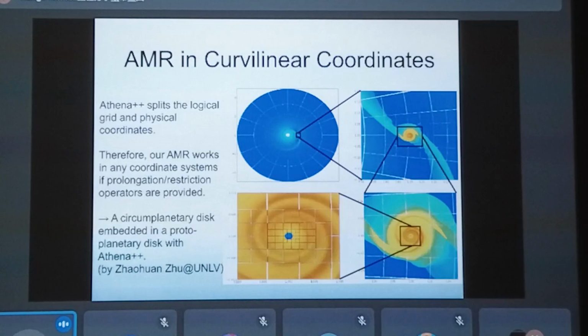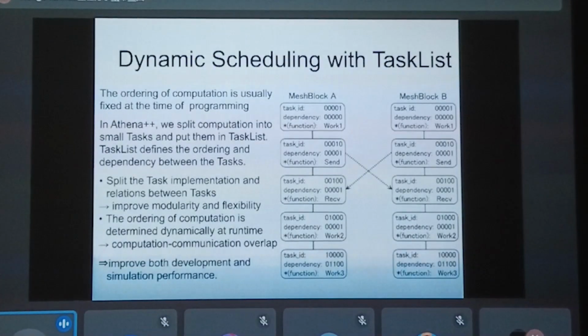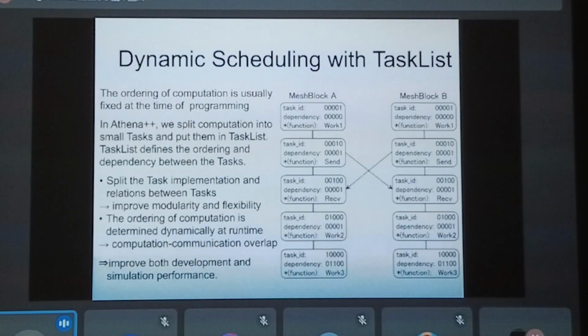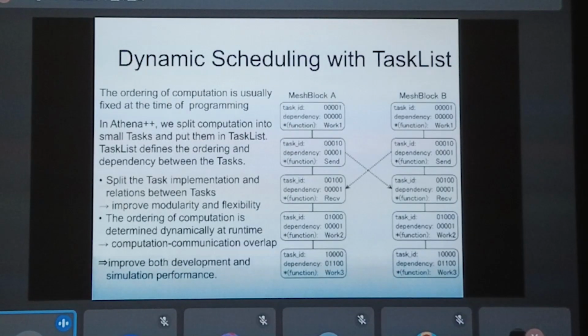Okay, and another peculiar and characteristic feature of Athena++ is the dynamic scheduling with the task list. So in most of the simulation codes, usually we fix the ordering of computation when we program the code.